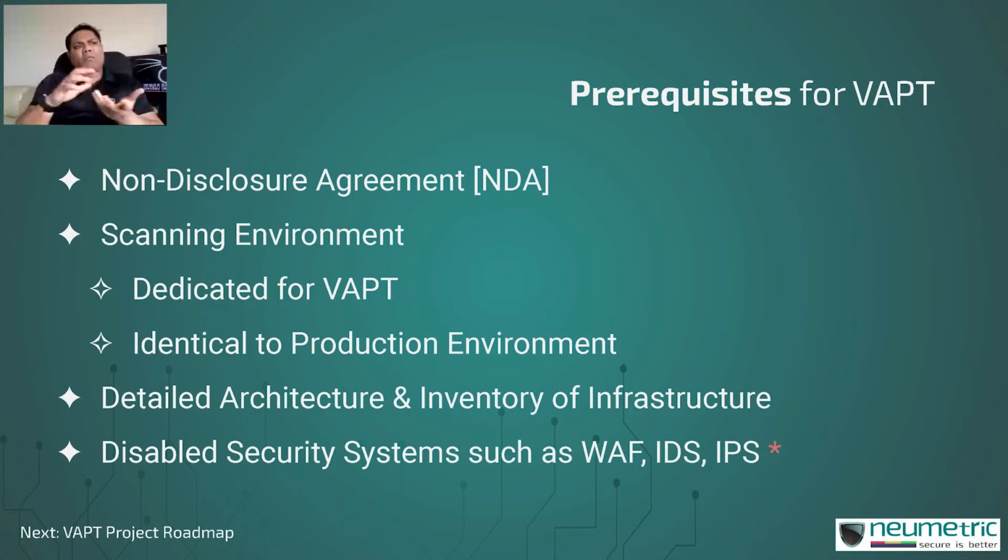And this may sound counterintuitive, that why exactly would you want to disable security technologies, because they are effectively protecting your application, and that is exactly what you are trying to do with this VAPT exercise. That is true, and they are required in your production environment. They should continue to function the way they are supposed to function. But the main purpose of a VAPT activity is not to test these systems. It is to test the security of your own application. It is to find out all of the weaknesses in your application.